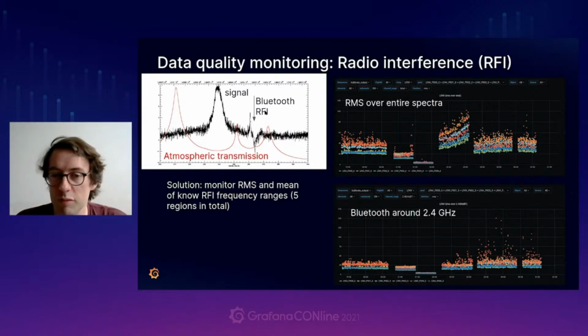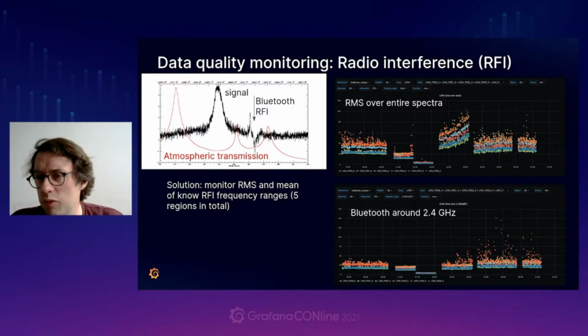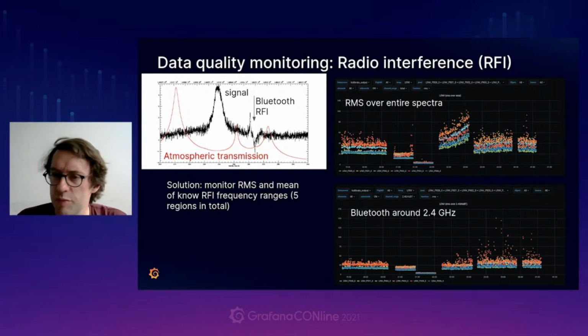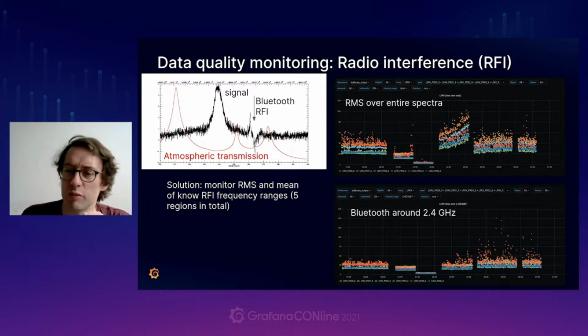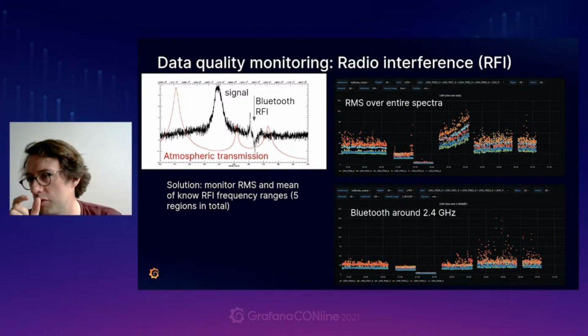That's something we have to monitor during flight because, depending on how it comes in, it can manifest itself as an astronomical signal. Trying to catch that isn't easy, because one of the things we were doing before was just taking the RMS over the entire spectra, which is here on the top right. But recently we started to narrow the RMS to particular channels, particular ranges in the spectra, and then we can start to see clear